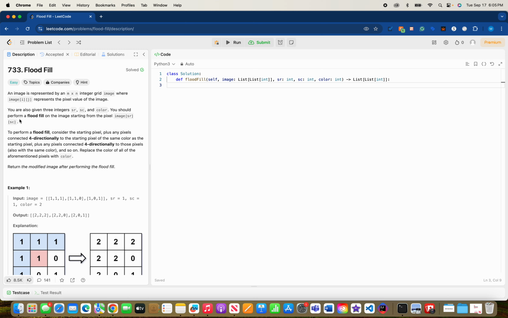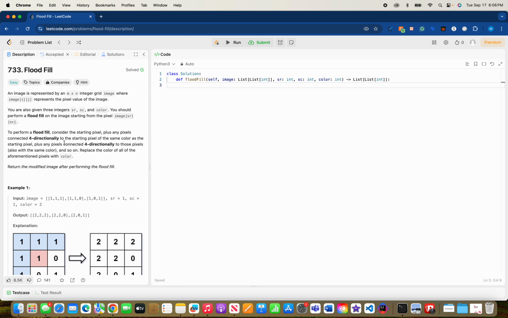You should perform a flood fill on the image starting from the pixel image[sr][sc]. To perform a flood fill, consider the starting pixel plus any pixels connected four-directionally to the starting pixel of the same color as the starting pixel,